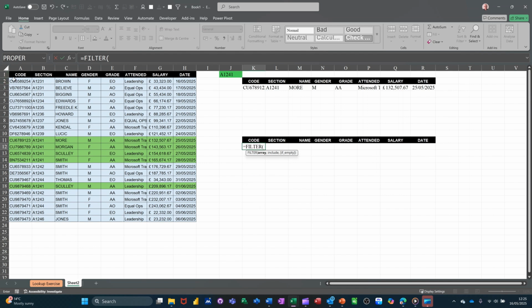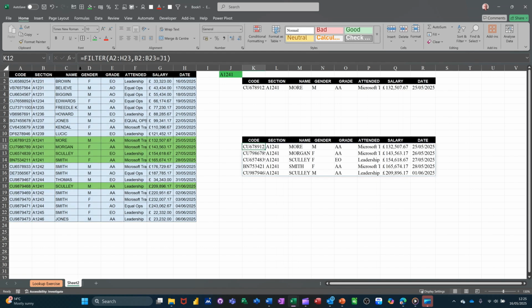So I'm highlighting this table, all of this table, comma, I want to highlight the column that I want to filter by, which is this column, the code column, and then equals, and then I'm selecting the cell at the top that has the actual code I want. So if I tick that, it just drops the information in there for me,